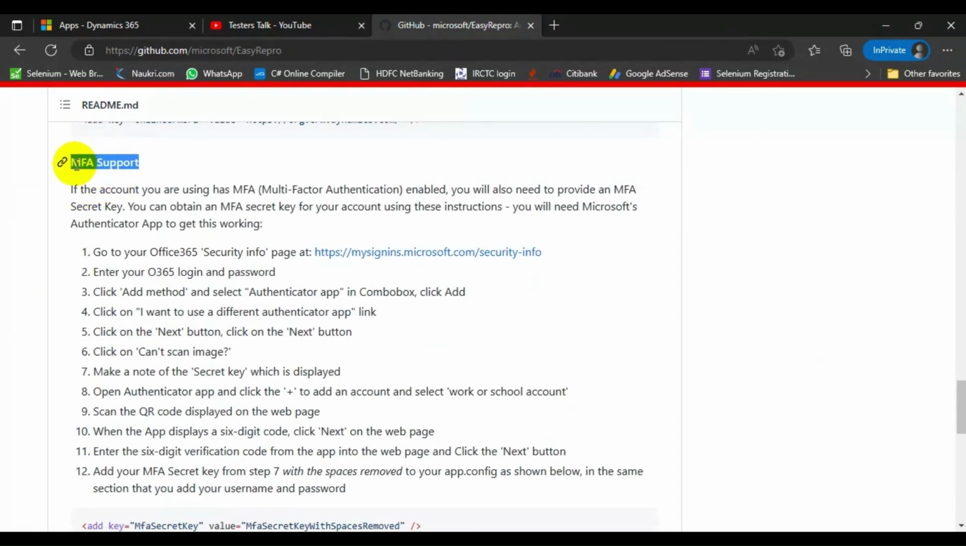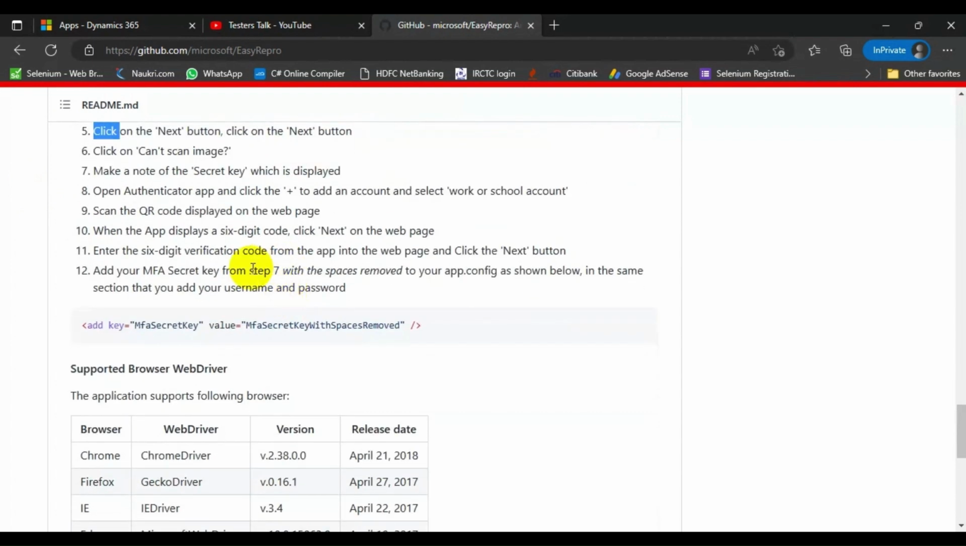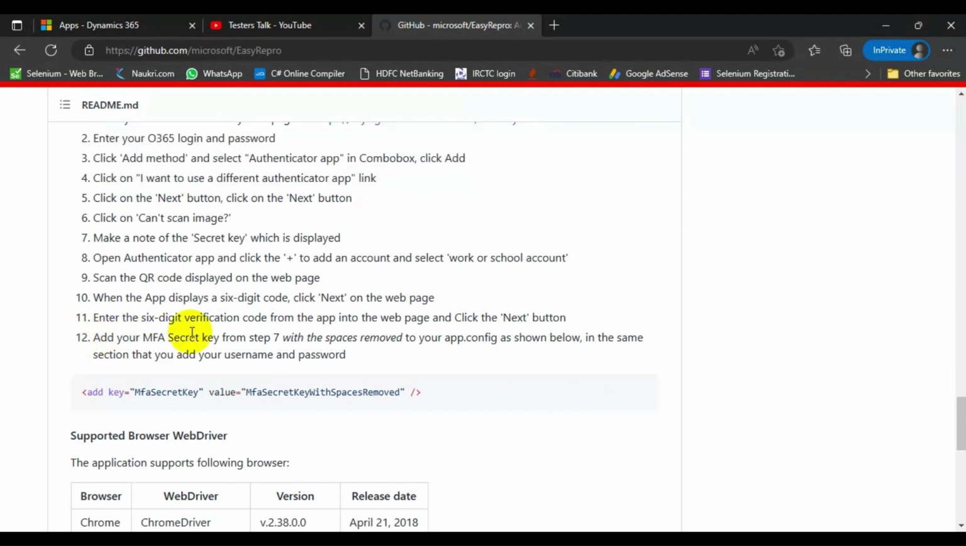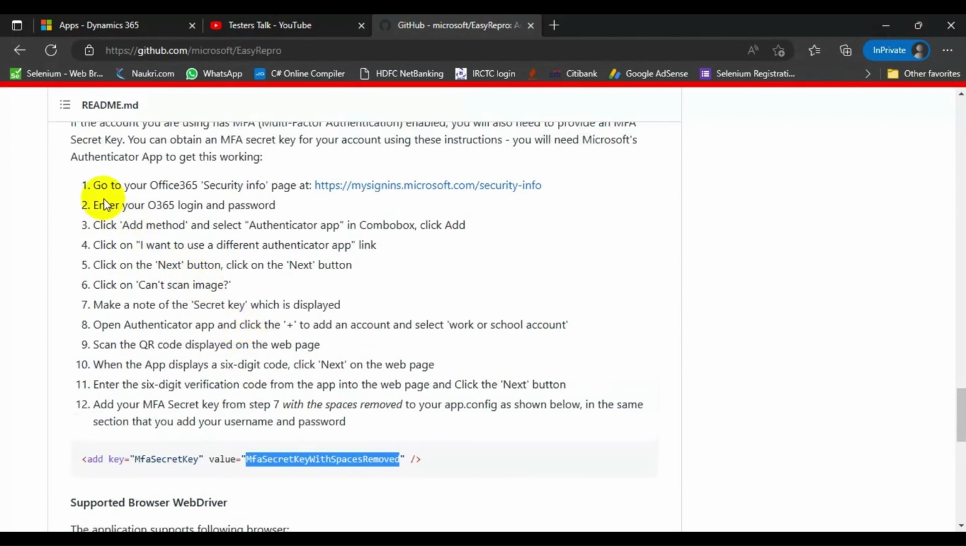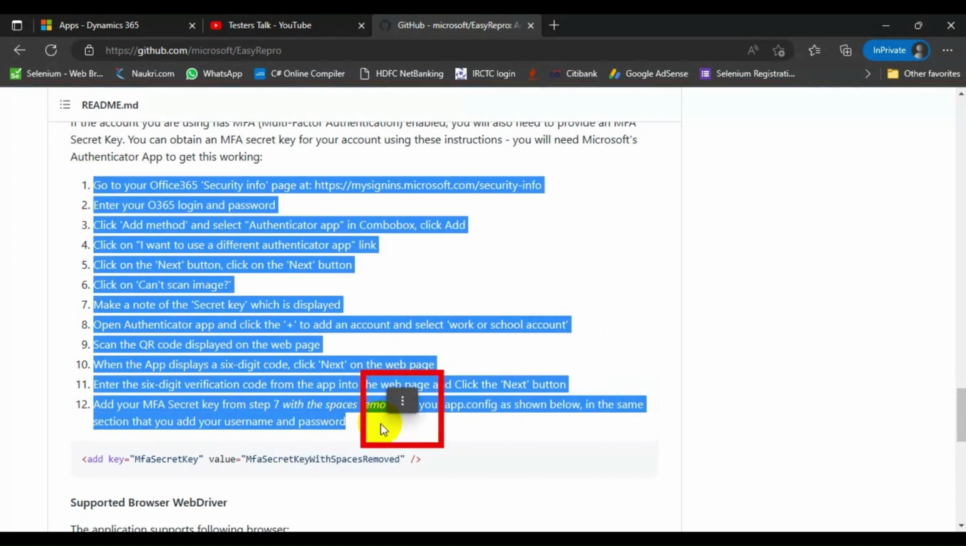This is very important, guys. When your user is enabled with MFA, that is multi-factor authentication, you need to follow all the steps, from step 1 to step 12. Finally you will get one secret key that can be used in this particular attribute. That's the MFA secret key. Let me tell you where you have to specify it. Once you have the secret key after following all these 12 steps,